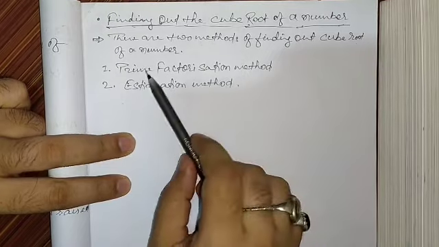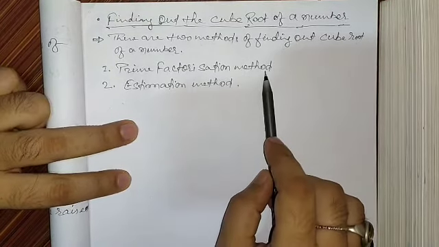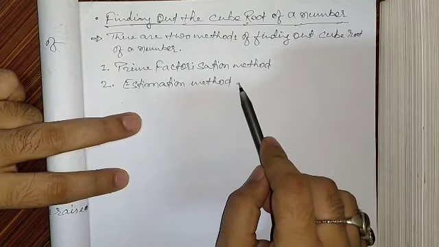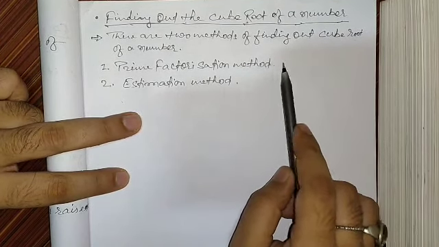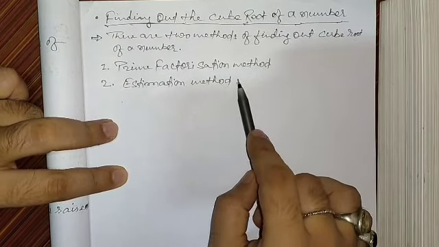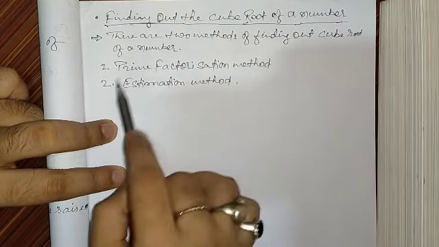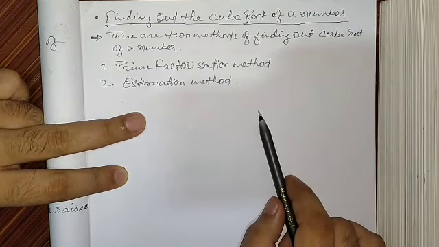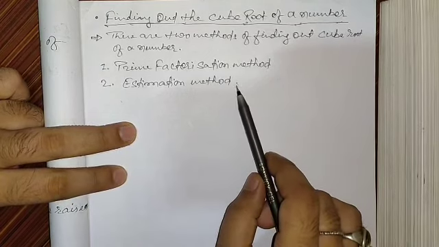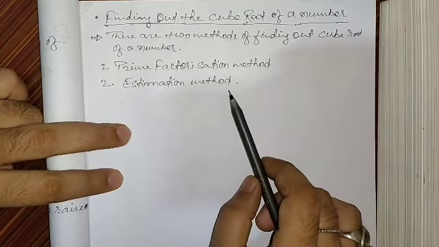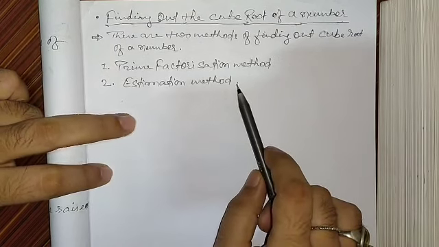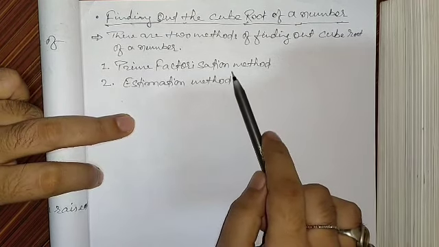There are two methods of finding the cube root of a number. The first one is the prime factorization method and the other one is the estimation method. I hope you are aware of the prime factorization method, and please don't find the estimation method as a new one. I know that there is no specific name given in the NCERT book for this estimation method, but I just took it according to the method and named it the estimation method. We will continue with these two topics.